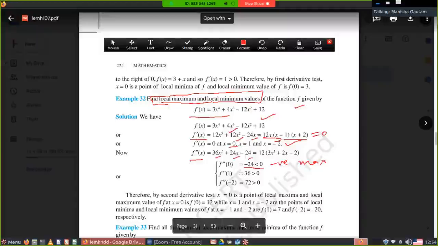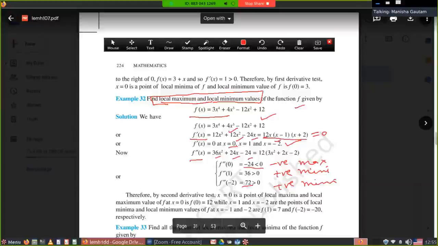The second derivative at 1 comes out positive, and positive means minima at x equal to 1. At x equal to minus 2 it gives 72, again positive, so minima. It means at x equal to 1 and minus 2 the function shows minima,